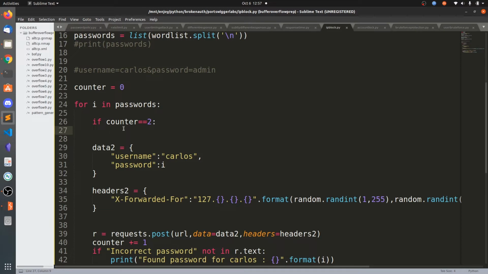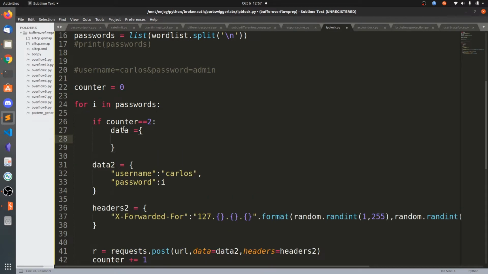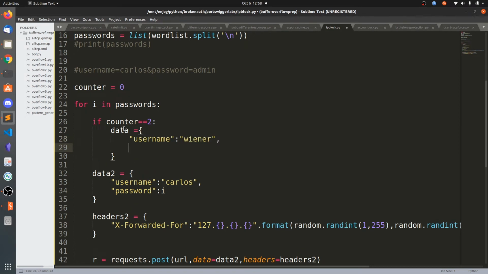So after the 2 requests, we need to send the valid data, right? Because then we will get unblocked. So we can say username wiener. They have given the credentials. If not, you can create a new one on the website. Wiener, Peter.